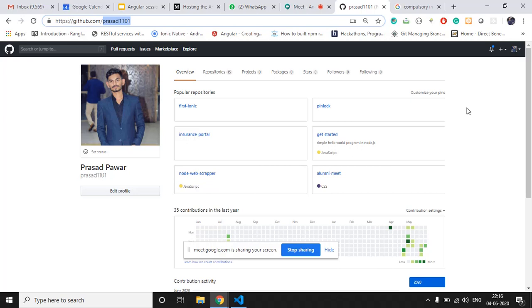Suppose there are two developers working on the same project. I am working on one part of that project, and my colleague is working on another part.